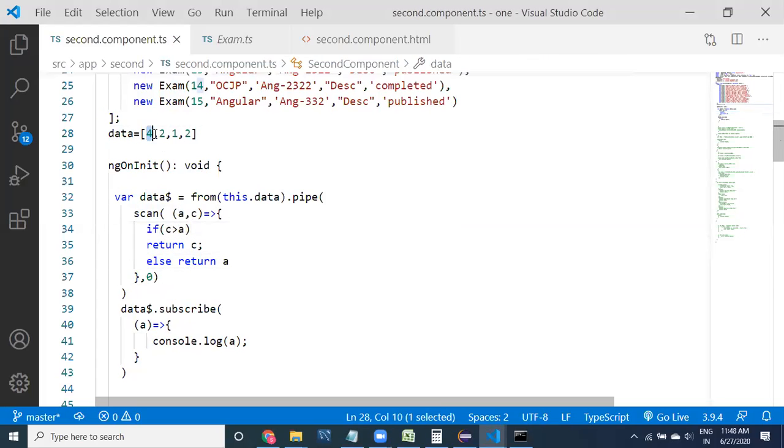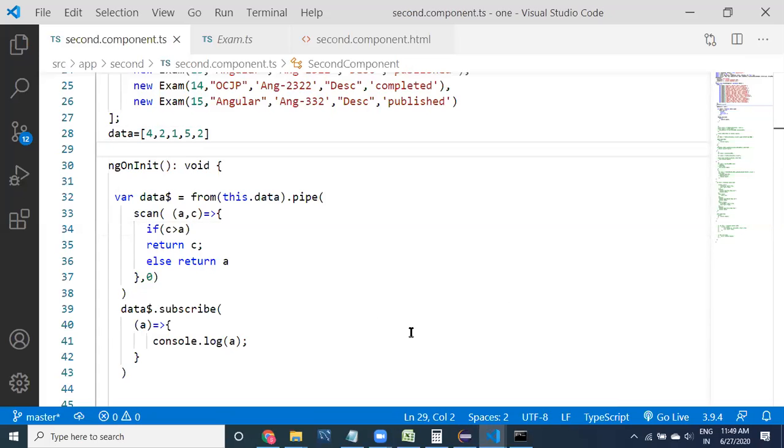Okay, first it is going to print A. First time 4, right? 4 it is going to print. Next time 2 comes, but which value is going to be returned? 4 only, not 2. Again 1 came, and then I'm going to take an extra value, 5. See here guys, after 5, the accumulated value is going to become 5, then 5 is going to print. After that, instead of 2, again 5 is going to print. Let's look at what is going to happen.